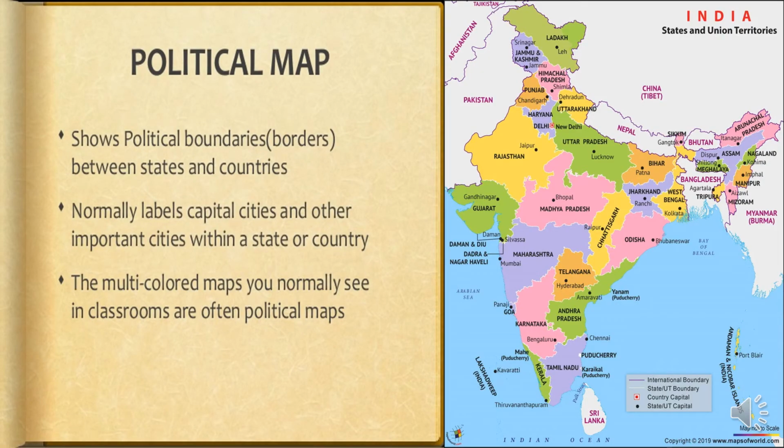Now let us come to the various classifications of maps. The first classification of map is a political map. A political map is designed to show the political divisions and boundaries of a country and nation, and visual pictures of the world or the continent. So here is a political map of India, which shows us the states and the boundaries, and you can also see the main states, the capitals, the union territories, and the international borderlines as well.